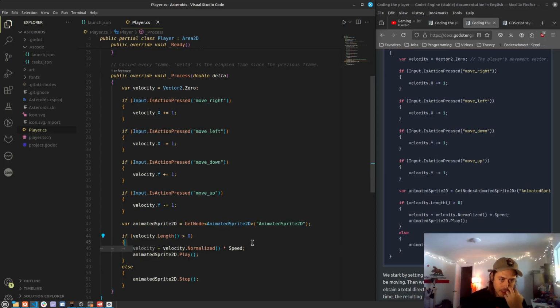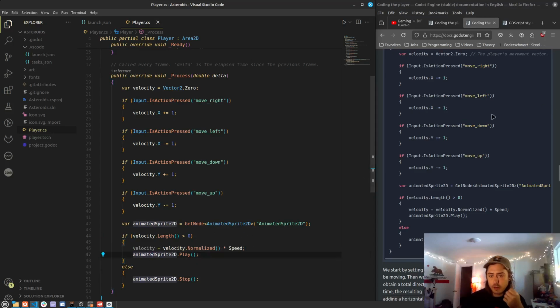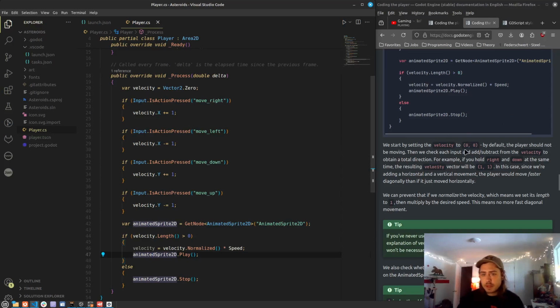But it should be a reassignment, so I'm not sure why, whatever. Okay, yep, so we're normalizing, so we would get a 1-1, blah, blah, blah. In this case, since we're adding a horizontal and vertical movement, the player would move faster diagonally than if they just moved horizontally. This right here, I've accidentally